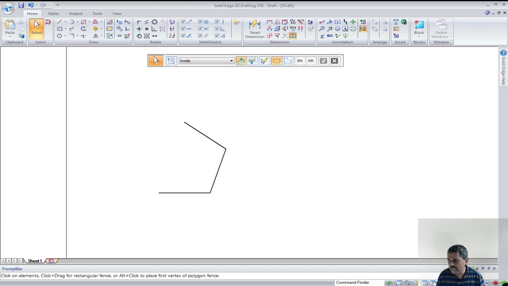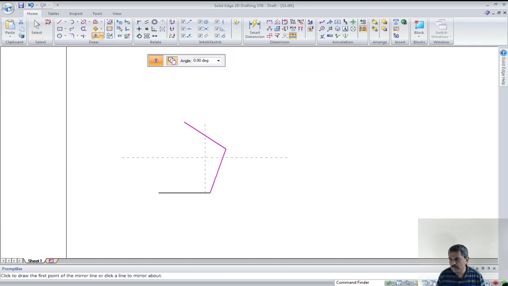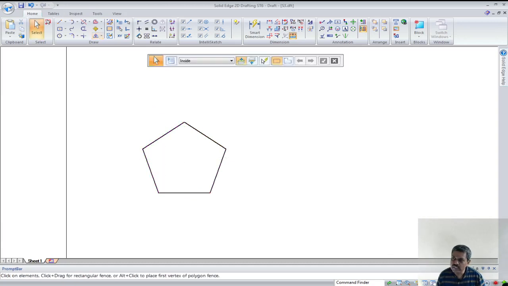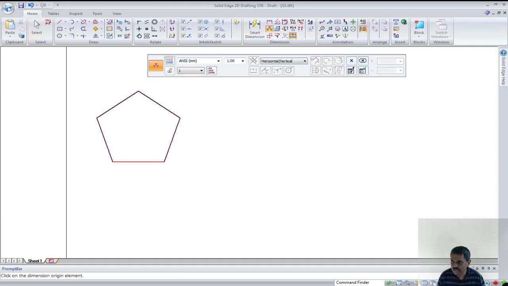This is actually symmetrical about this vertical axis. So you select these two edges and go to a command called mirror. You have to define the edge of the mirror, so I will pick up one of the end points of this, and then pick up the midpoint of this. You can see the pentagon is already done. So this is so wonderful. Of course, you can name A, B, C, D, E like that, and then show the angle. If you want to check, the exterior angle, of course, is 72. Interior angle will be 108.